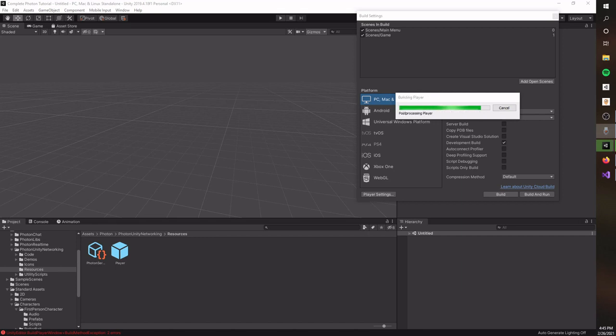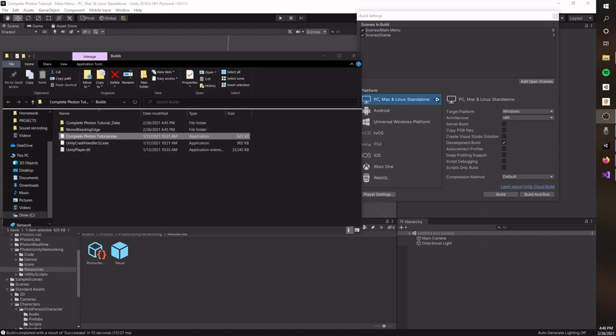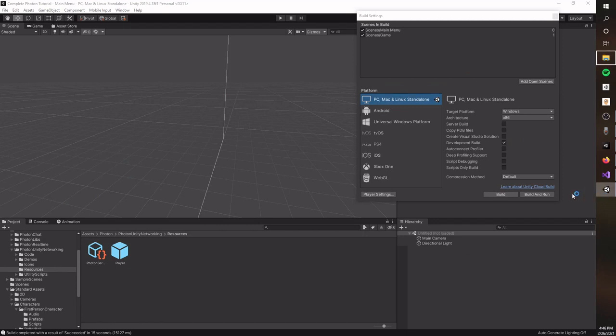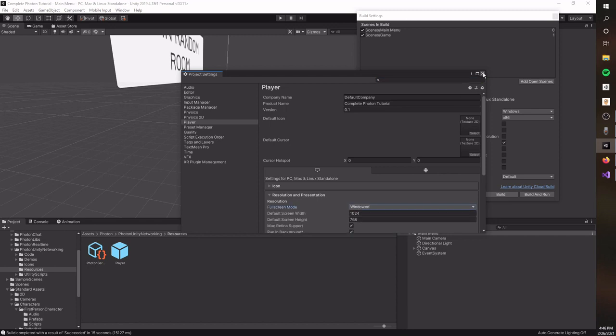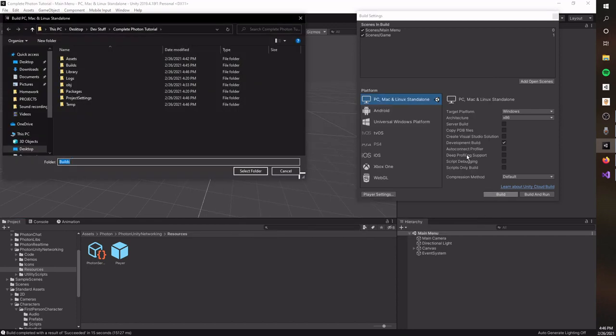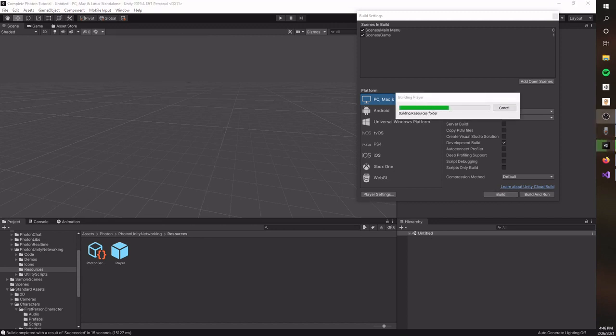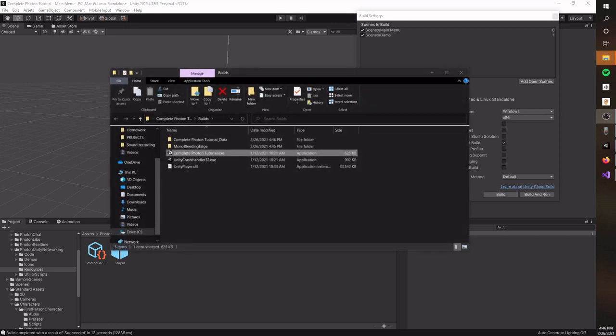So now here it is. I'm just gonna run it. Another thing I don't want. I'm gonna change the player settings to windowed, because I don't like that it's small, so you won't be able to see it. Building resources folder. Here we go. I'm just gonna open up the exe file, and then